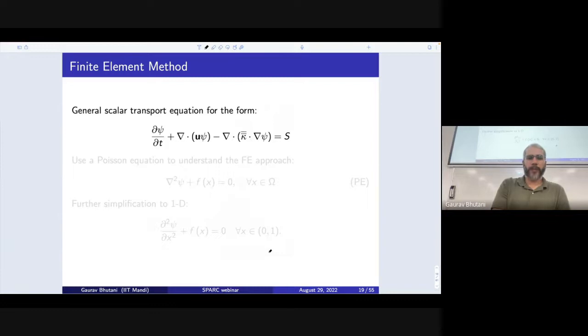So for discussion purposes, we can represent any fluid mechanics transport problem using a transport problem that looks like this. Now this is a scalar transport. This is a transport problem for scalar psi. So we have a transient term, we have an advection term, we have a diffusion term, and we have a source term. So using this representative mathematical advection diffusion source equation, we can represent transport of mass,